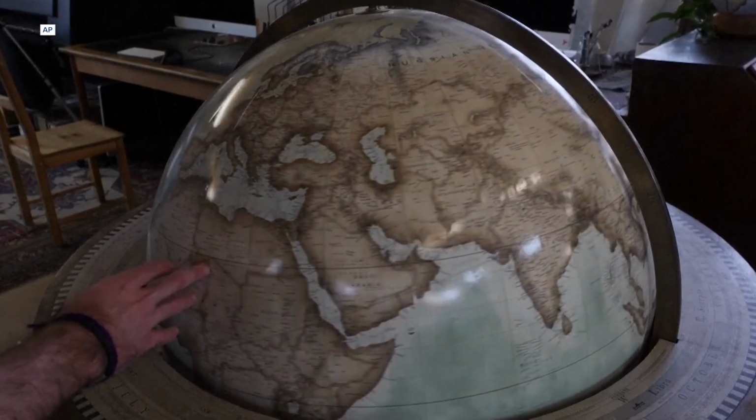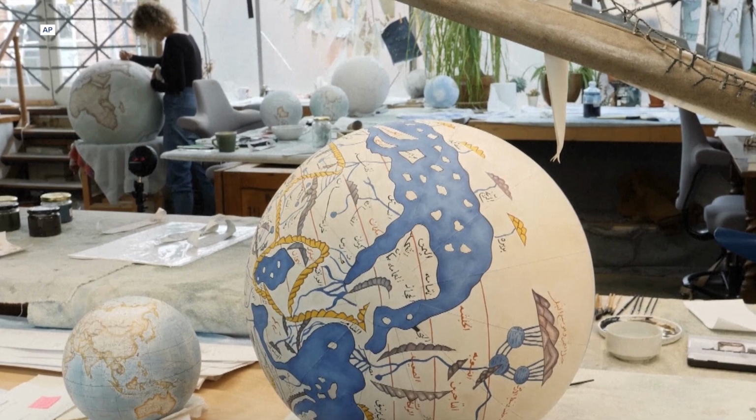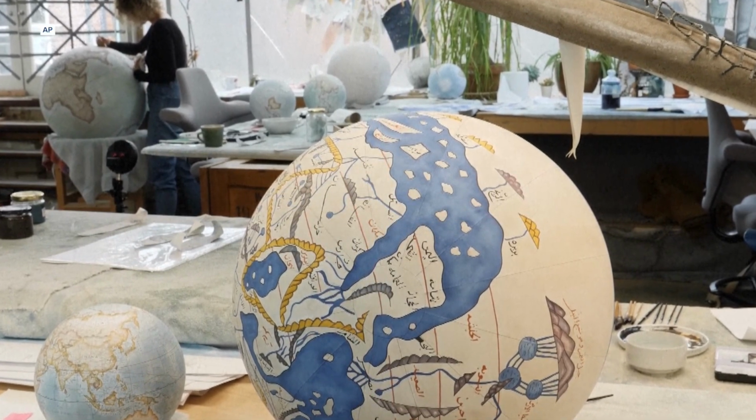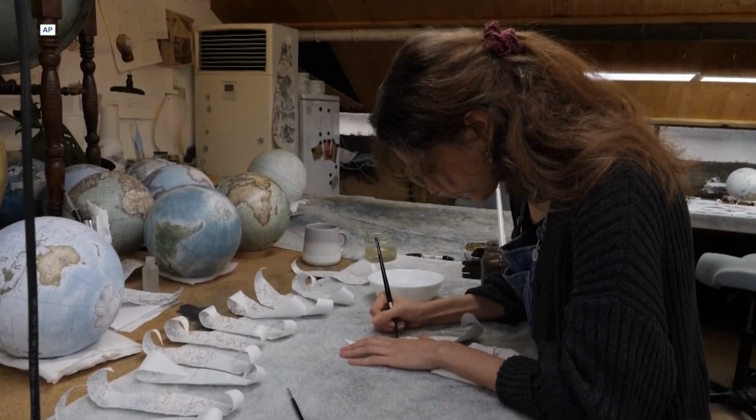I think now they're perhaps more becoming items of overt prestige. They're being bought as display pieces to look beautiful, which of course they always have been that. There's always been globes made as items of prestige, but I think that's probably a bigger role. I would argue that they could and should still have a role for teaching us about the nature of the globe,